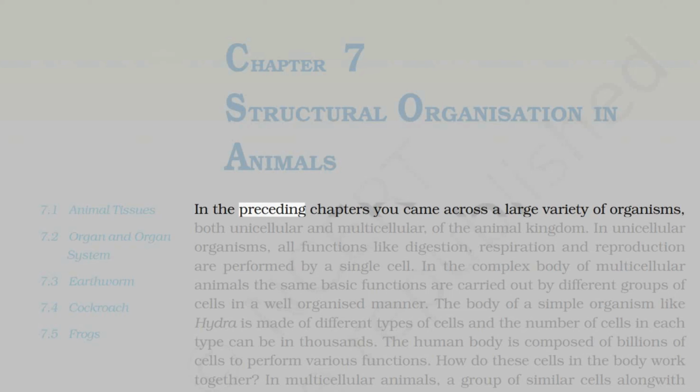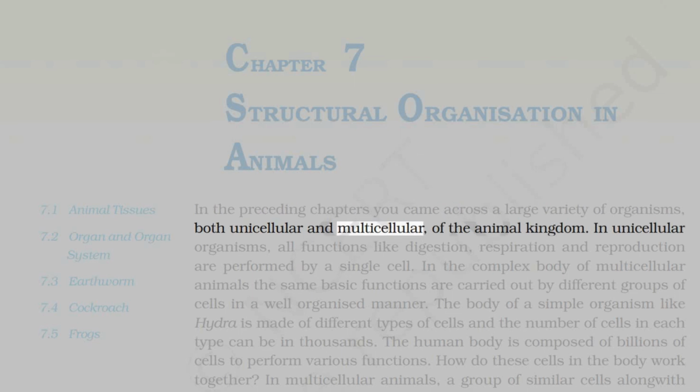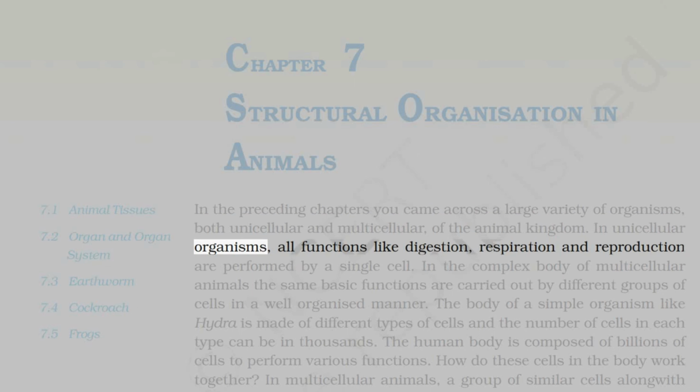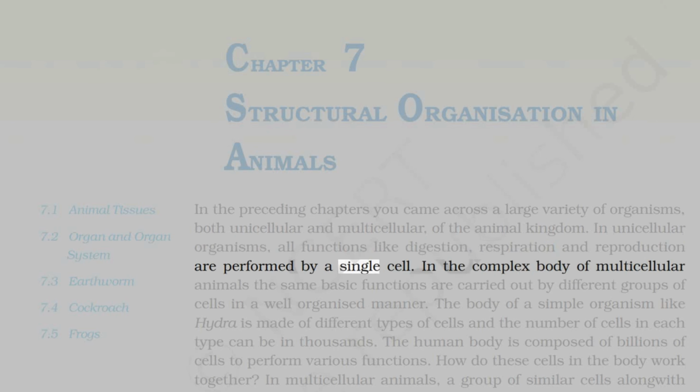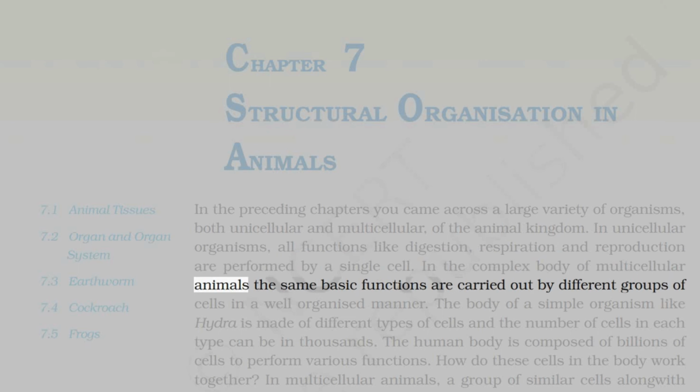In the preceding chapters you came across a large variety of organisms, both unicellular and multicellular, of the animal kingdom. In unicellular organisms, all functions like digestion, respiration and reproduction are performed by a single cell. In the complex body of multicellular animals, the same basic functions are carried out by different groups of cells in